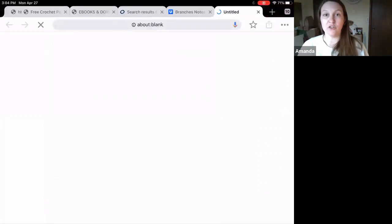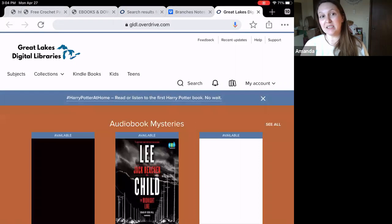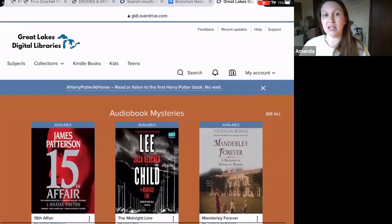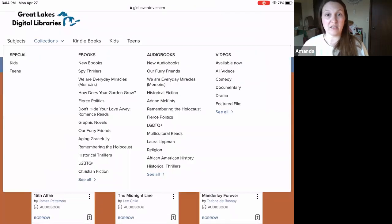So you'll click into Overdrive. Give it a minute to load. And it's going to be called the Great Lakes Digital Library. Here you can search by subjects, collections, Kindle books, because some people, if you have a Kindle, it will allow you to do that. The eBooks, audiobooks, some videos,